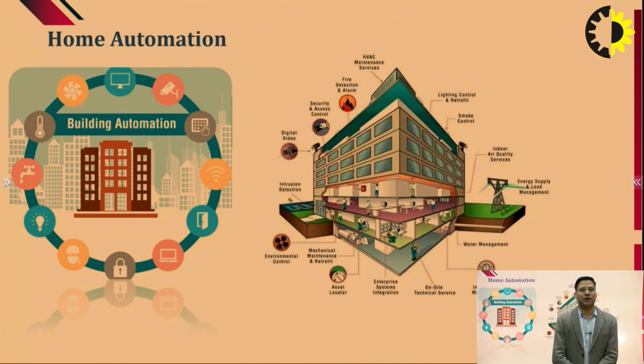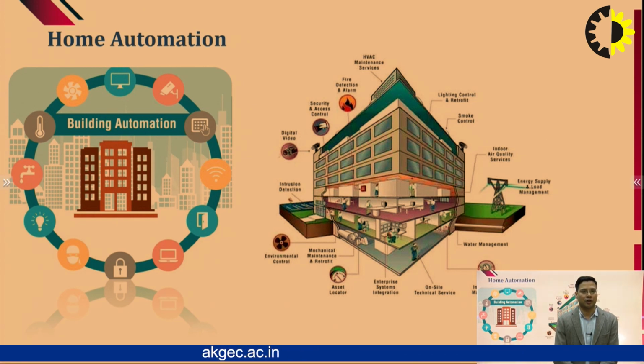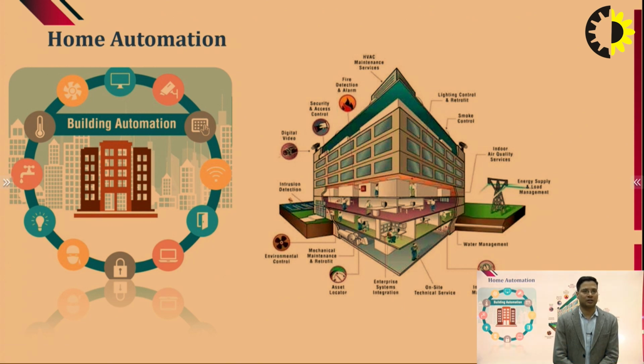When we say home automation, how it can be implemented in a building site: we can take an example of any particular building. When the security or safety of a building is ensured by the use of burglar sensors and burglar alarms, home automation is applied there. Nowadays we have witnessed many buildings having a green culture. Green culture means the light intensity getting into the buildings or offices can be controlled by controlling the blinds or curtains, to maintain the right light intensity.